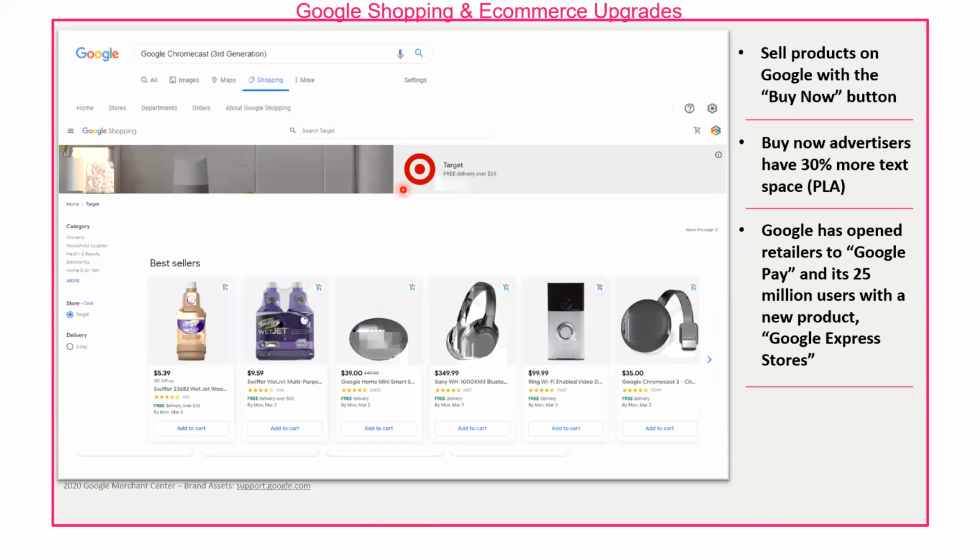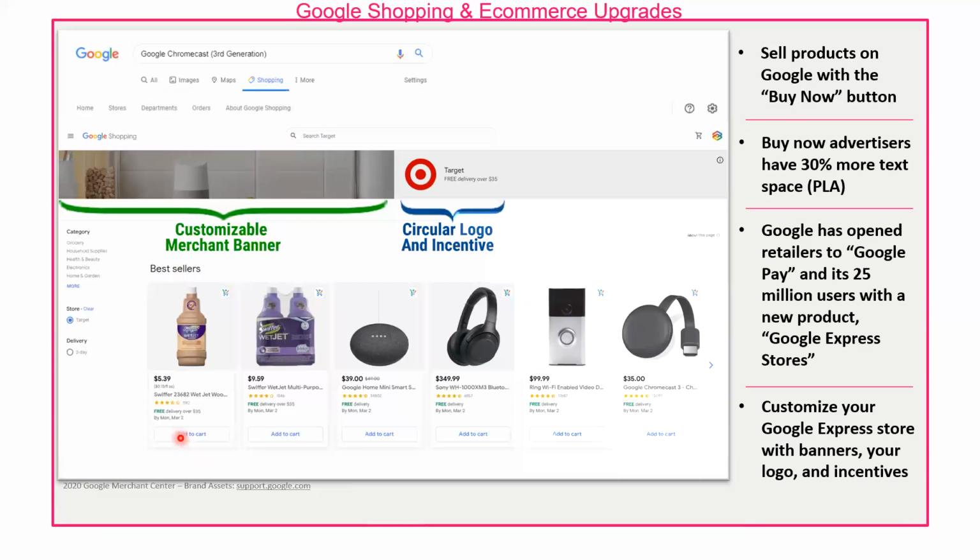What's great about this storefront is it gives us access to 25 million users who are already set up with Google Express Pay or have purchased things through an Android phone. So for these users, this is a quick 2-click process to add to cart, buy, and it's already on their way to the door. One of the big benefits here is they're giving us a customizable banner, and Google is